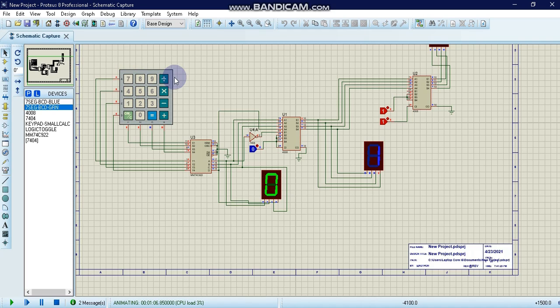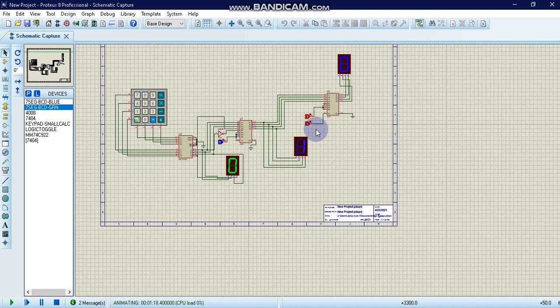It only works with microcontroller circuits to give proper simulation, inputs and outputs. So 7 gives us 0. When our input here is 0, it is converted into output 1, and further